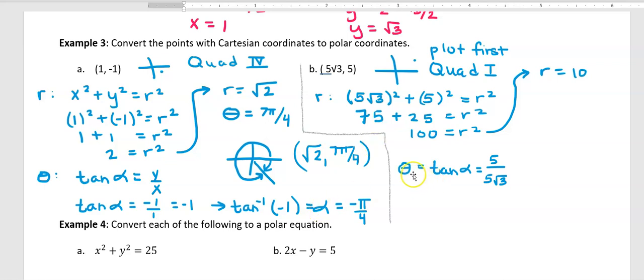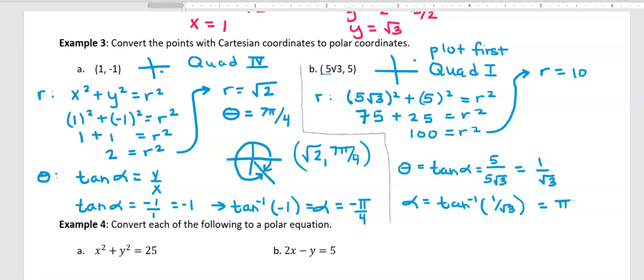Now we need to use our theta equation to help us solve for the angle. So the tangent of alpha is equal to our y value over our x value. This, of course, can simplify to 1 over √3. And so we need to take the arctangent of that. So inverse tan of 1 over √3. And again, that question you need to ask yourself is, at what angle does tangent equal 1 over √3? And that is at the angle